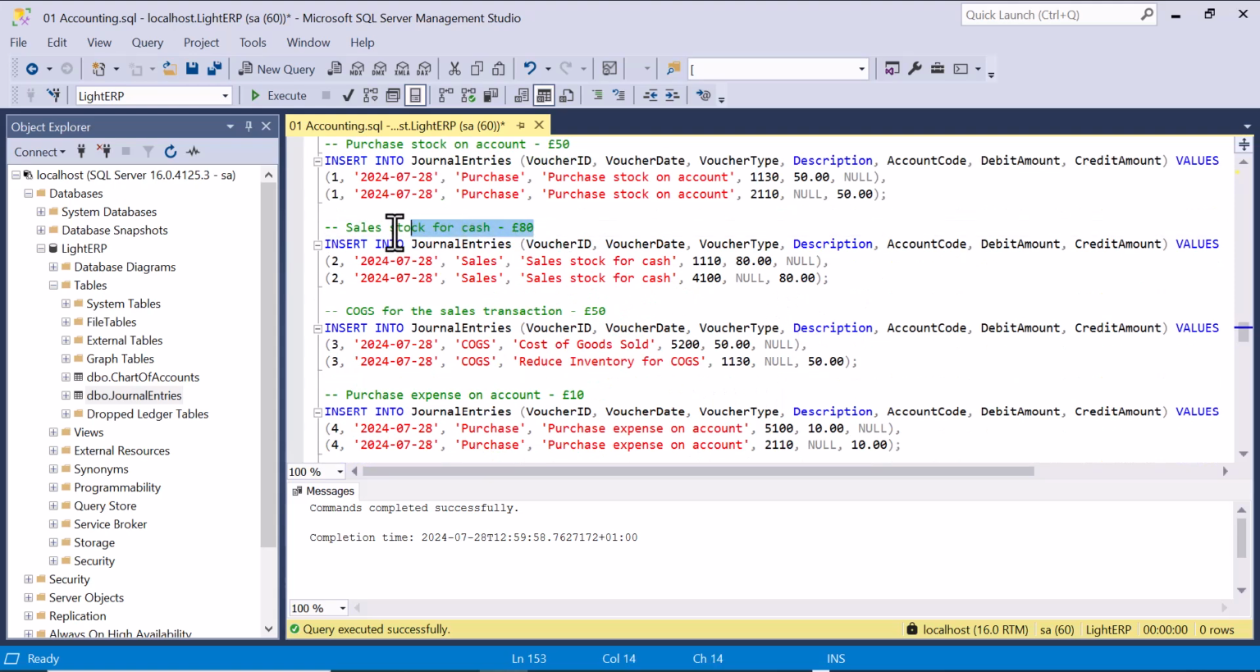The second one is about selling the inventory we purchased, by cash to our customer. So this will increase the cash by £80 and make revenue also increase by £80. So the revenue increases by crediting the revenue, and the cash increases by debiting the cash because it is an asset account. So the general rule is debiting the assets is increasing the assets, crediting the revenue is